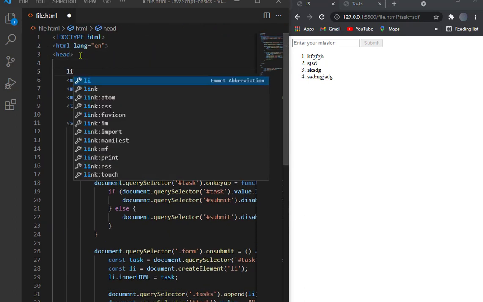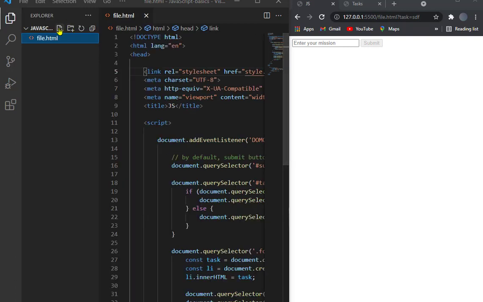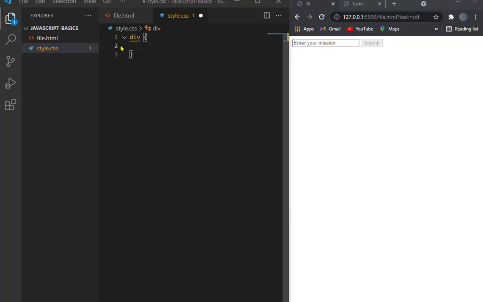So link style.css, save it. Let's just go here, add a file, call it style.css, and let's call the div that we created, div, and give it a padding of, for instance, 10%, and give it a background color to steel blue,